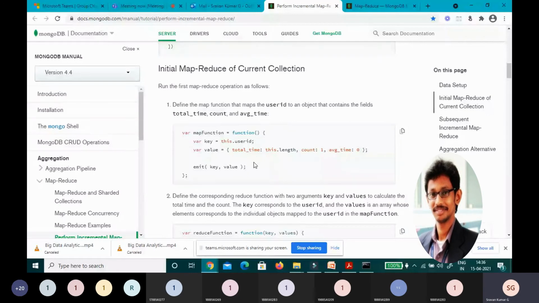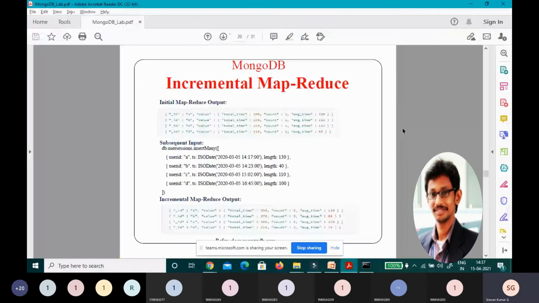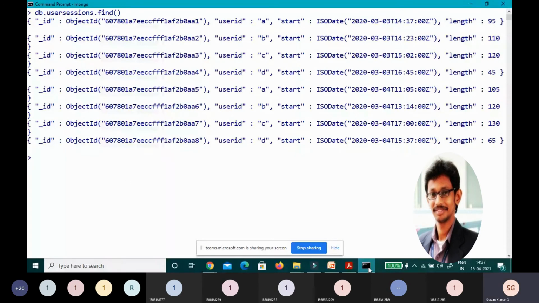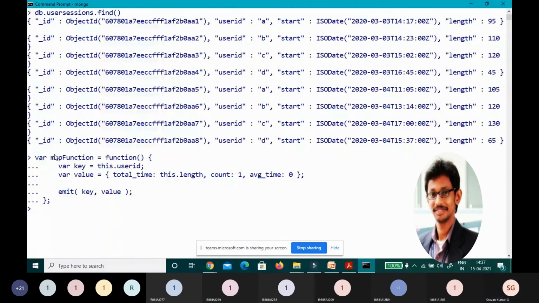So this is my map function. It will return a key and value to the reduce function. I'm just copying it and pasting it over here. Press enter. My map function is done.